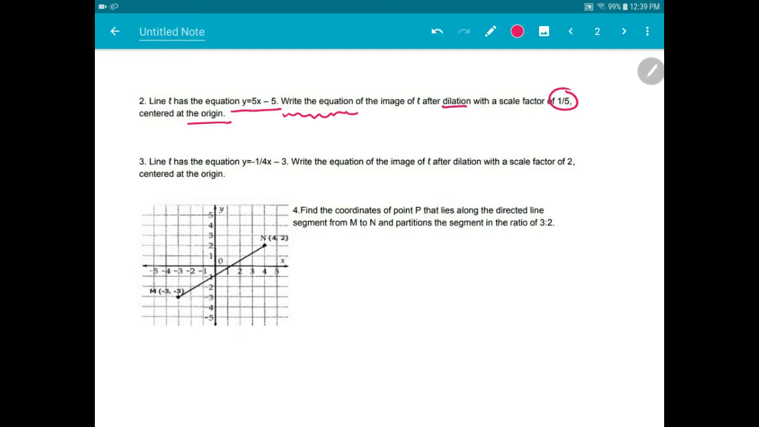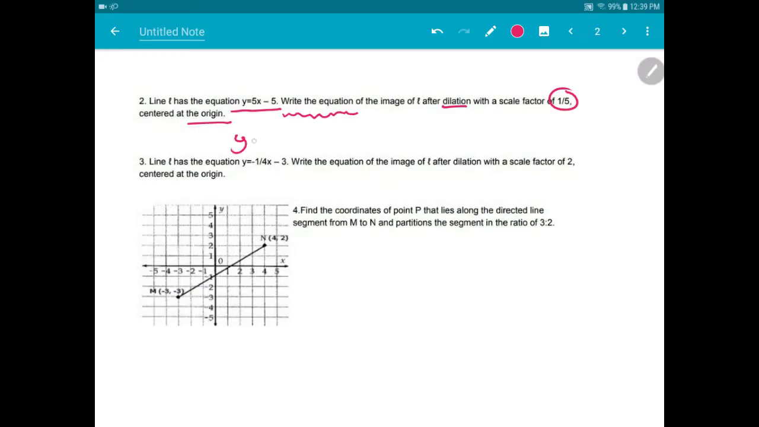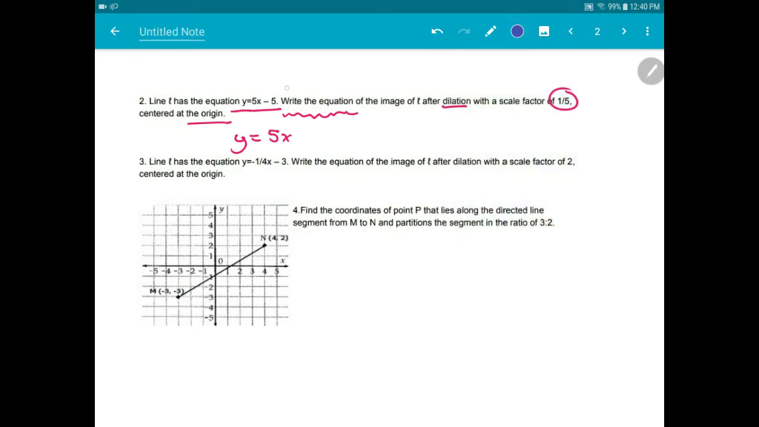So we all know by now if we dilate a line or a segment, it's always going to be parallel, which means our slope is not going to change. So straight away I can write down y is equal to 5x. Now the little trick when we're dilating from the origin is the only thing that's going to change is the y-intercept. And all that happens to it is it multiplies by the scale factor. So what I mean by that, our scale factor of 1/5,